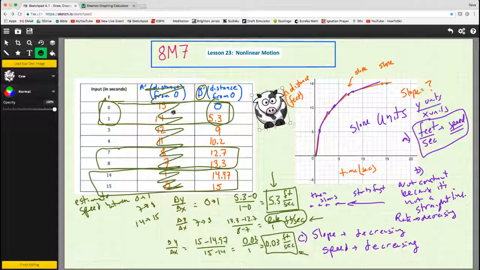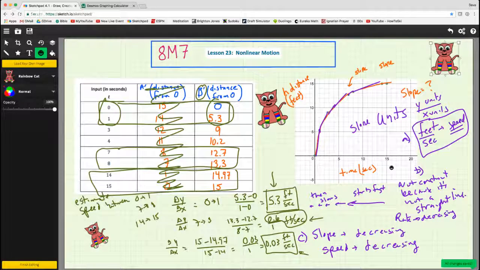So let's do a happy cat. We like our happy cat. For this nonlinear motion exercise, which really exercised much of our math skills, our graphing skills, our slope calculation skills, our critical thinking skills, the Pythagorean theorem, all kind of stuff, really powerful stuff. And hopefully I've helped you build a good base going into high school, full-on algebra, and the rest of your